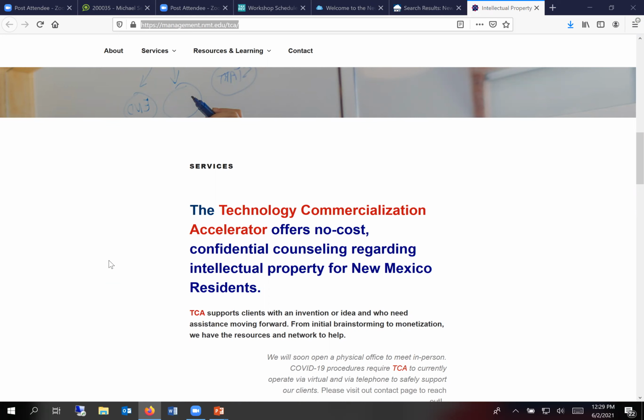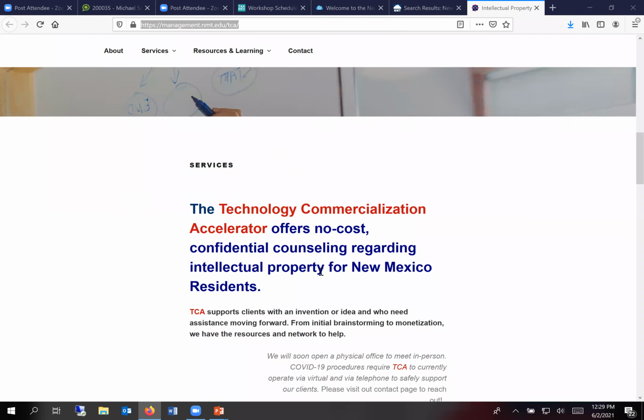And if you are going to hire an attorney to do a copyright, patent, or trademark for you, the research alone could take up time, and that time is money when it comes to an attorney. So this could potentially save you a lot of money, a lot of fuss in the long run.